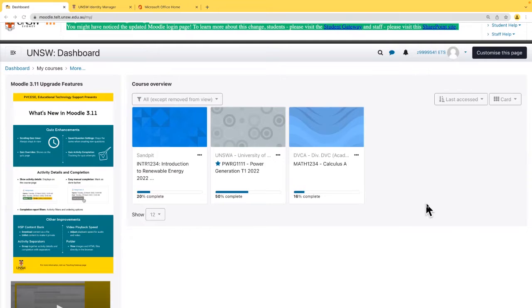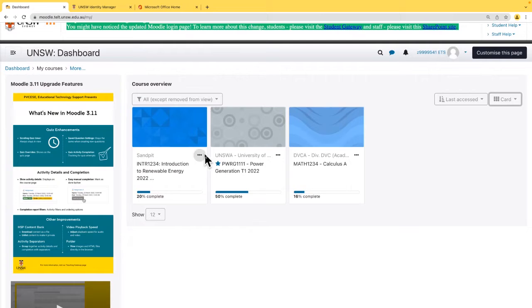Perfect. Moving on, we can do further. There's some further managing options you can do as well. So you'll notice that every card or course has these 3 dots or ellipses, as we call them. And we can click on these to help us manage how we want to see it in our dashboard.